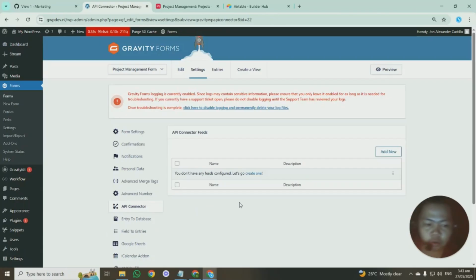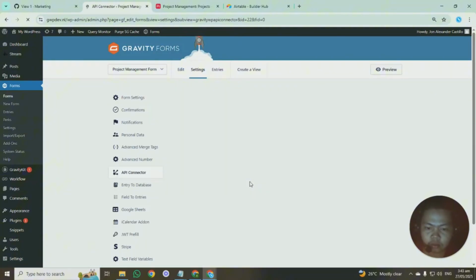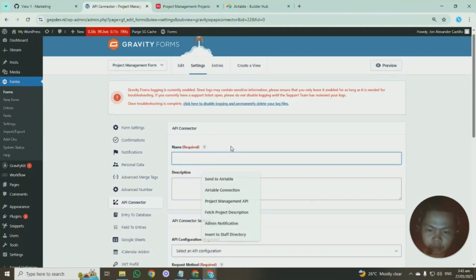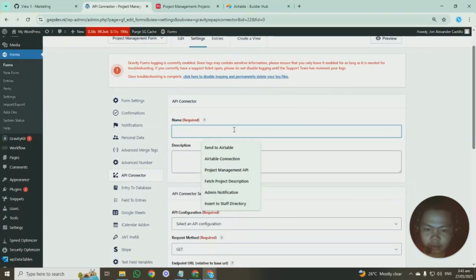Perfect. So we need to create one because this is a new Gravity Form that we created. So create one. For your name, just add a name here, whatever suits you, okay? So in my case, I will use project management